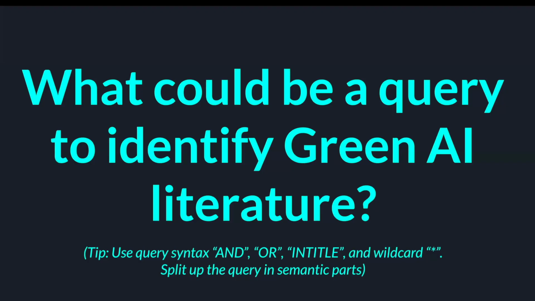So query formulation. First step is dividing in semantic parts. Which are the semantic parts here? Semantic, I don't know if you know the term, but it's something which holds meaning. Semantic is not syntax, which is how you structure the language. Semantic is like, oh, this is a concept. Green and AI, yes. And here we have the semantic parts on which we can build on.